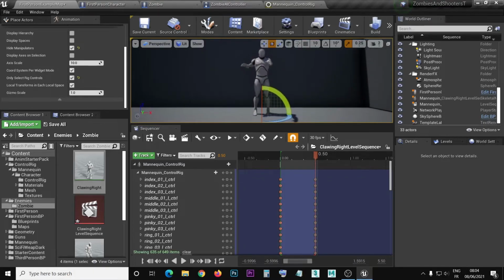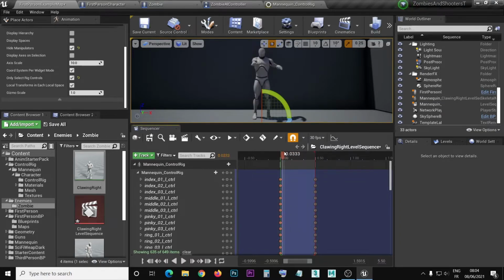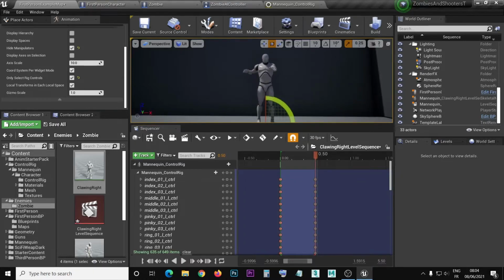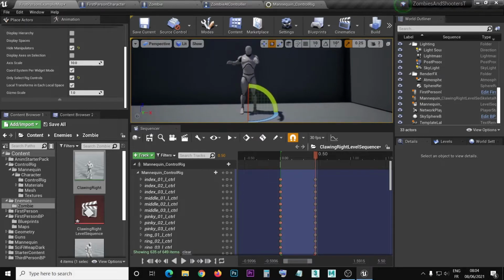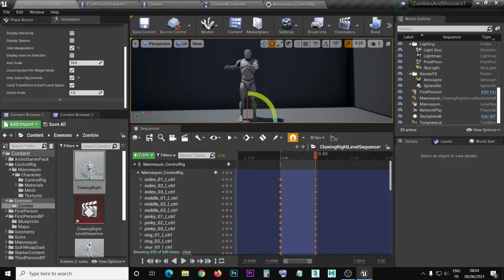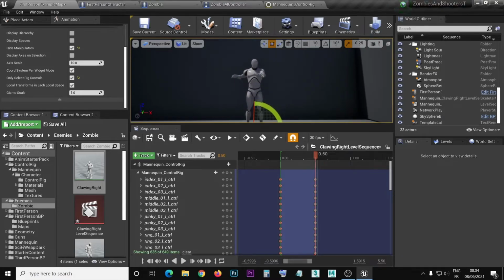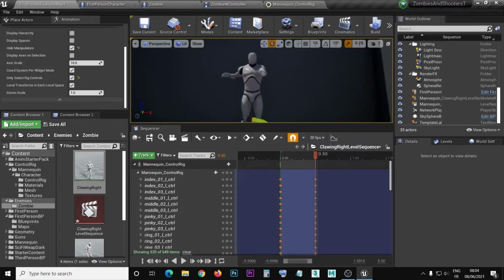Where is it? And I should adjust accordingly also for the first animation, the beginning one, to reflect these changes